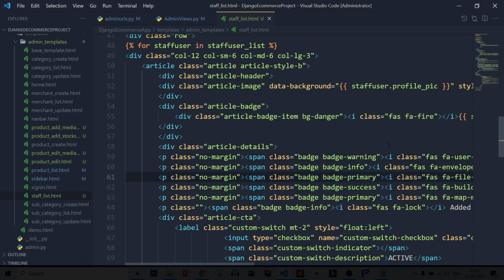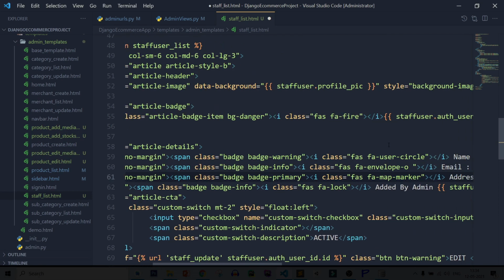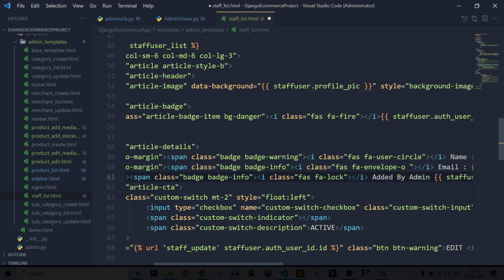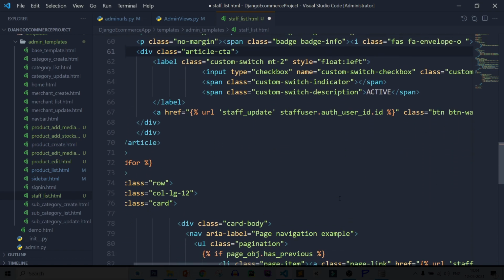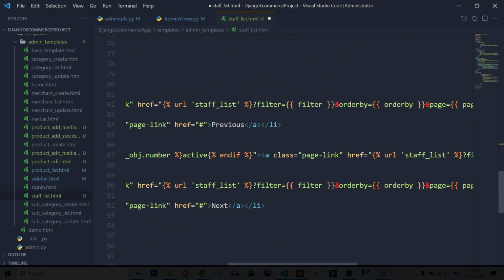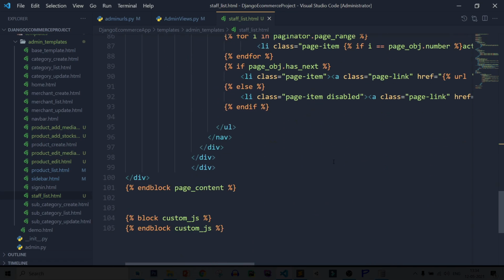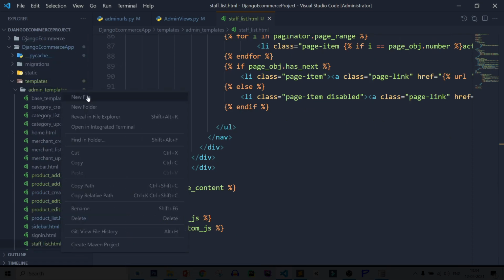I think we don't need GST details, so remove it. Company data, remove it. Address, remove it. Added by admin, remove it. All has been done. Designation, which is perfect. So everything has been done. Save this file.